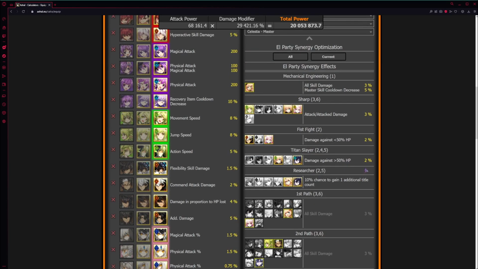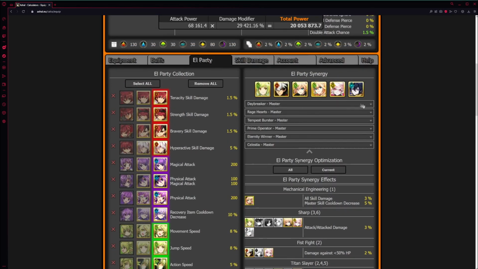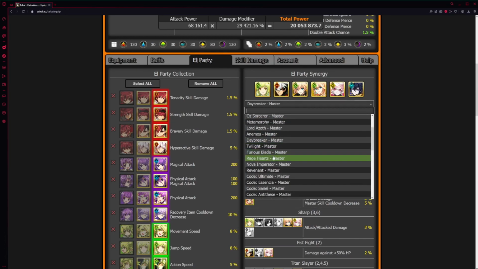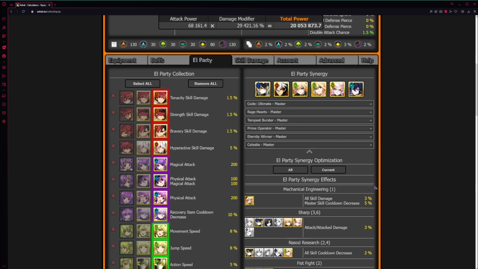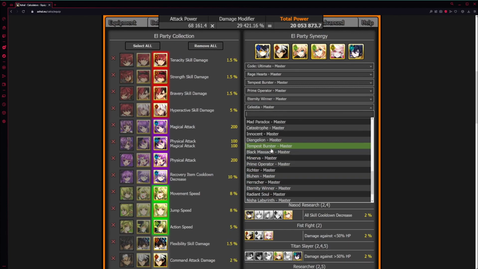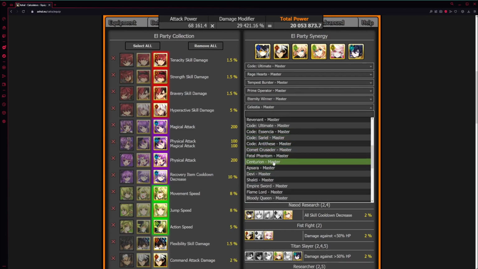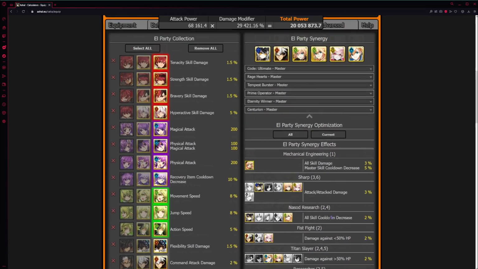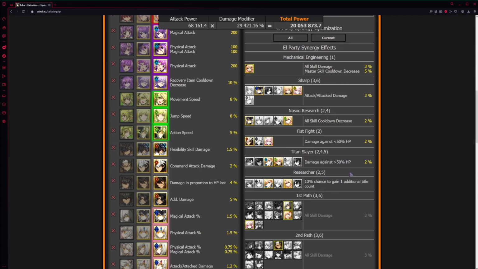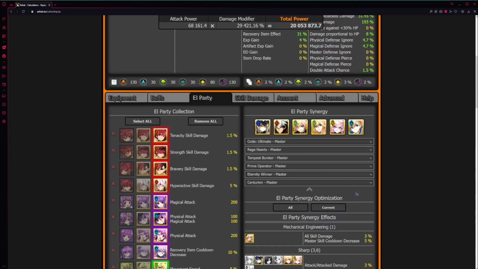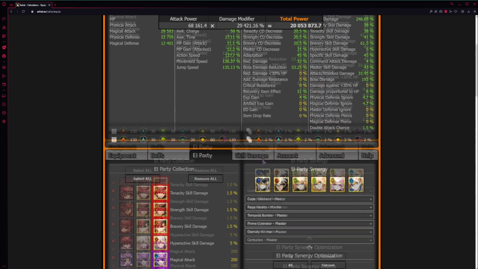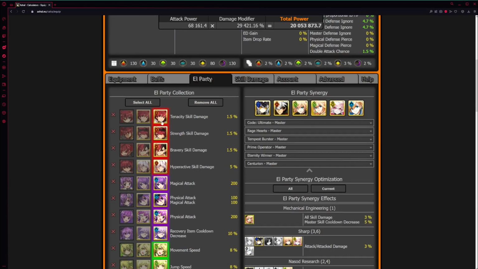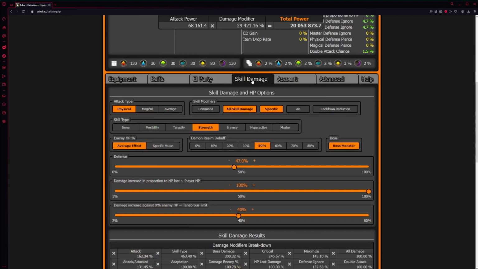And I guess technically I could add in a researcher there, but instead of using Celestian Daybreaker, I should have Daybreaker, I do like using Code Ultimate for Nasad Research instead. And instead of using Celestia, I believe I use... Where are you, Centurion? Centurion, and I still gotta keep my researcher count here. So, this is what I actually use. So I actually get the researcher, which isn't any CP boost, but it's a case I forgot to swap titles, I still have the 10% chance. But that's how you use the search party buff here. And this is how you can check what synergy is best for you.